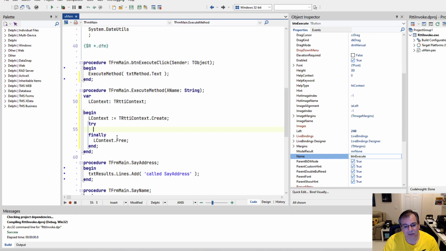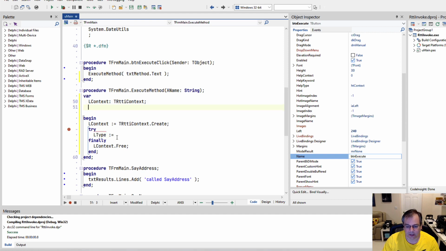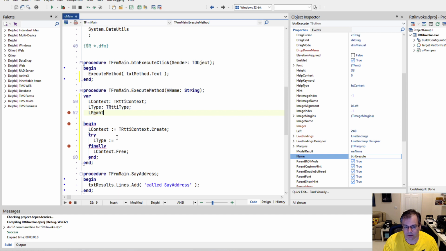And this time we use a different scenario. So we declare a new type here, TRttiType. And of course, we also need to declare a method, TRttiMethod, which will be the method that we want to call. So the type, how do we get the type?